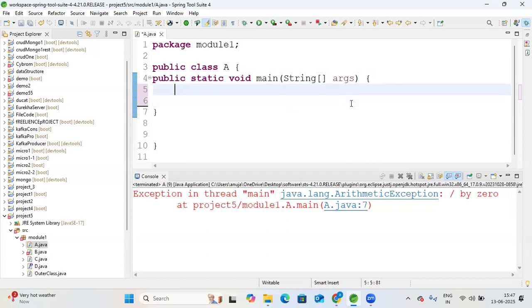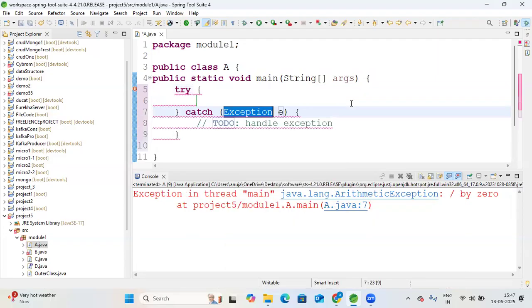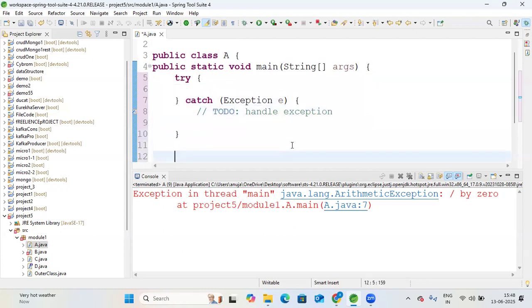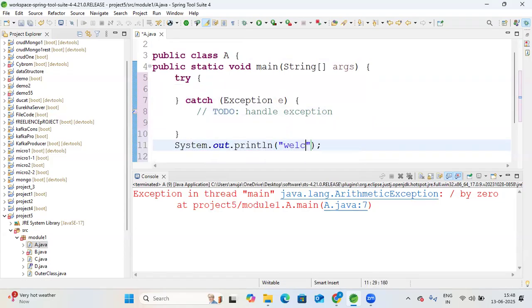Now what I will do, I will write a try catch block. Okay, inside the try catch block, if you write your code, if an exception happens in the try block, it will create the exception object, and this exception object is sent to the catch block, and the catch block basically suppresses those exceptions, and further code will be run. Further code will be run means if I write here sysout System.out.print welcome, it will